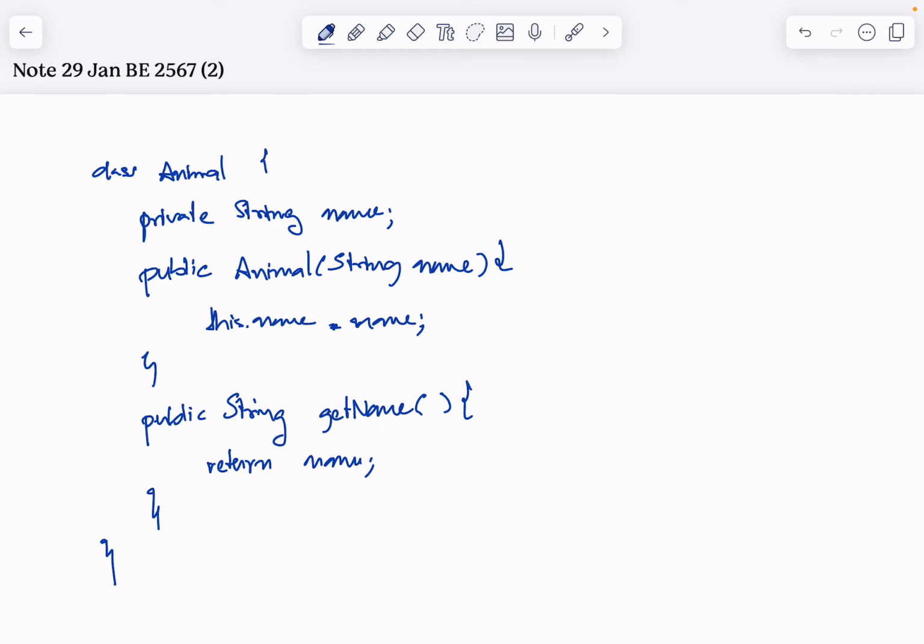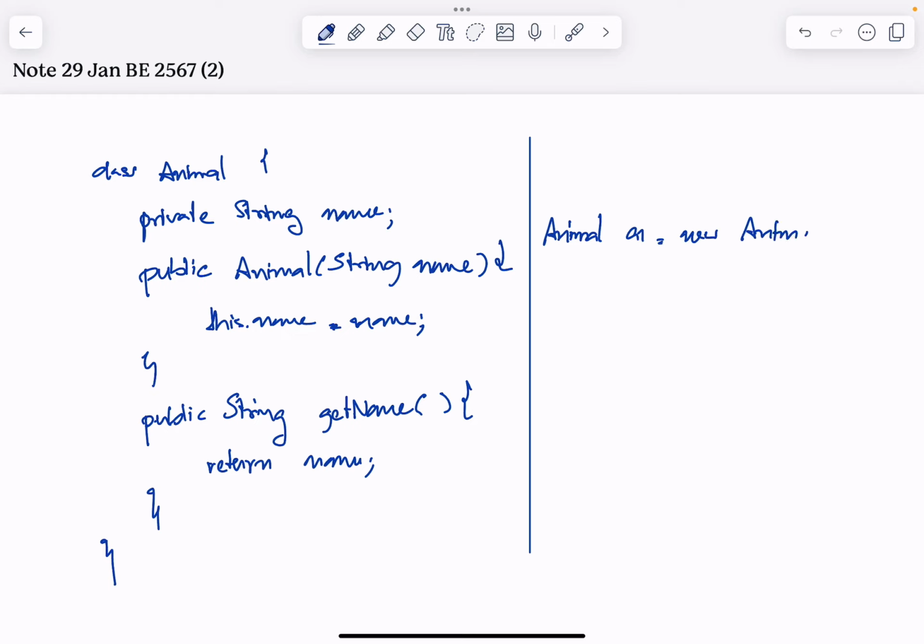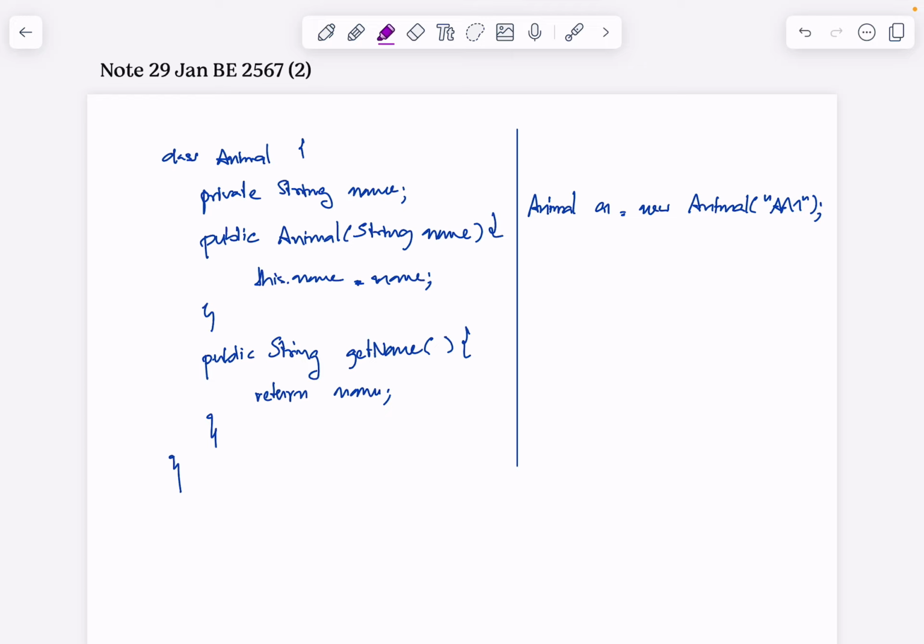So once you create the Animal class, now if you have something like Animal A1 = new Animal, and then you say that this is AA1. This is the name of this animal, AA1. I will show you in detail each part. So this part is new Animal AA1. What does this statement do? It will create an object of the Animal. This one will be the object of type Animal that is set with the name